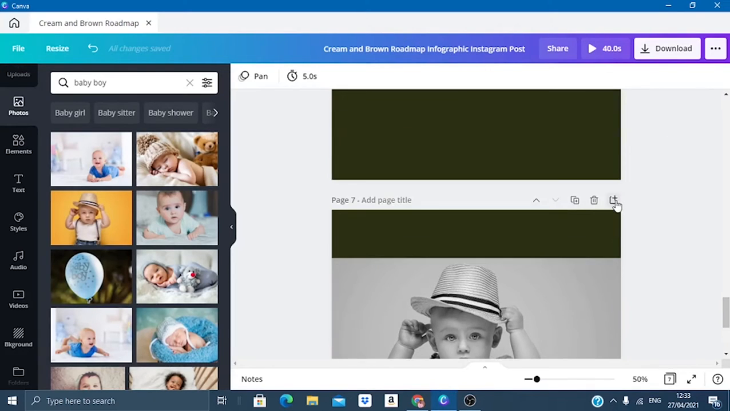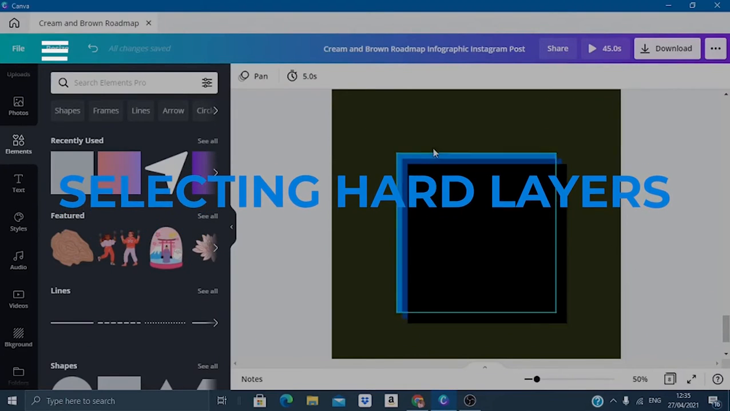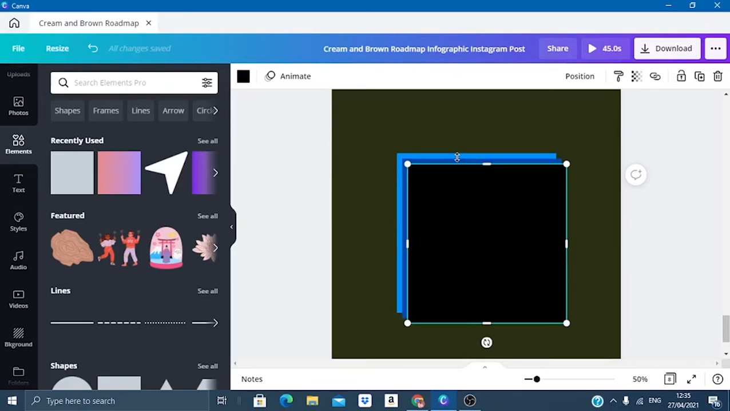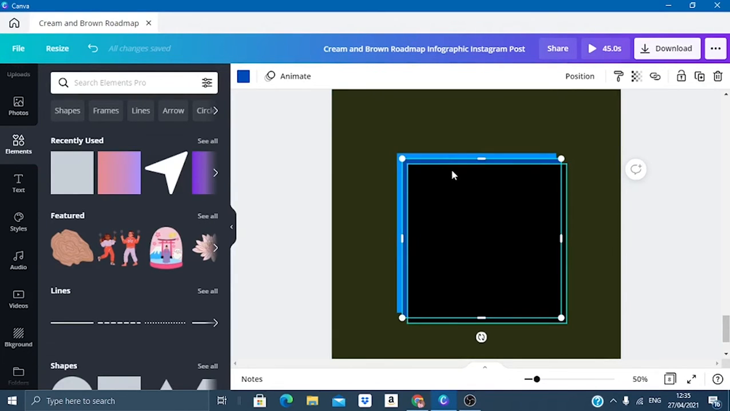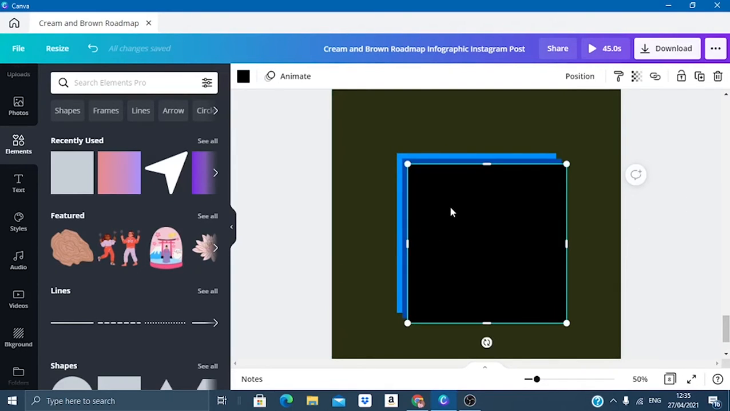Now we go to the next one. Now you can see these are three different squares. If I want to select this other one at the back, I can't. It's glitching. So now what you can do, if you want to select the one behind the layer in Canva,